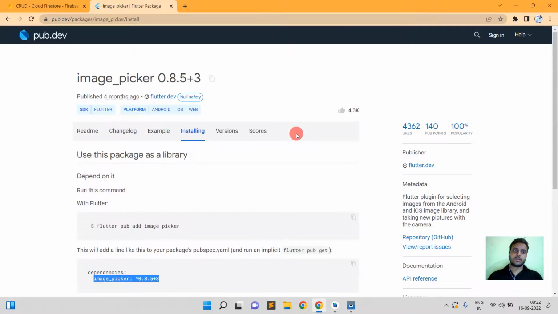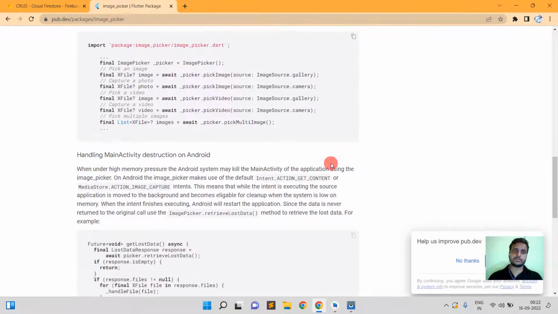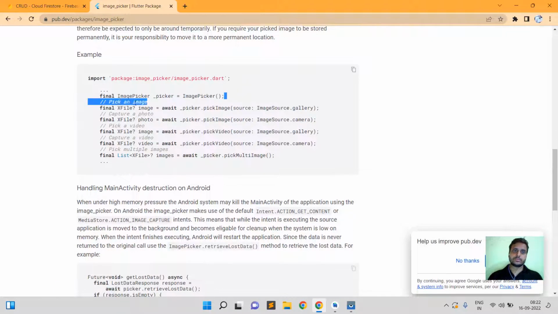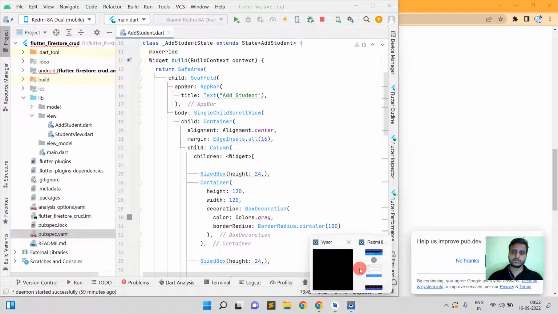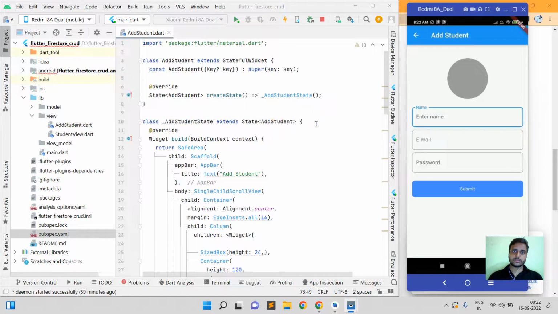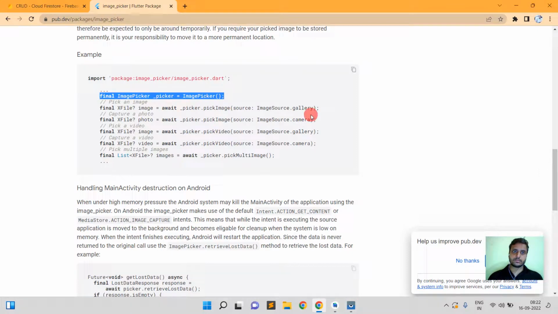Now go to the readme file from here and just copy this line, paste here, import this, copy this line, the gallery line. Okay,